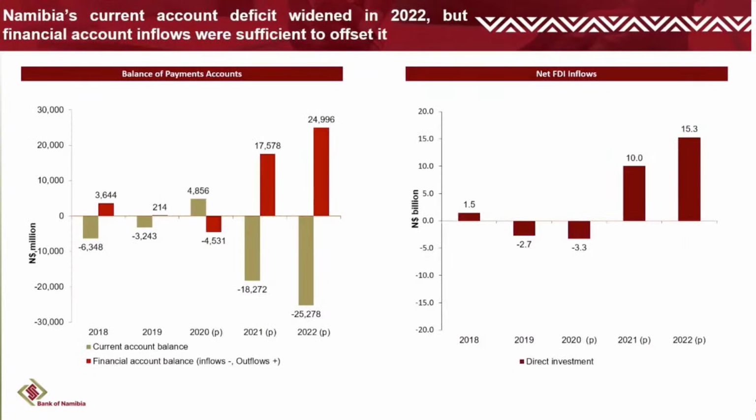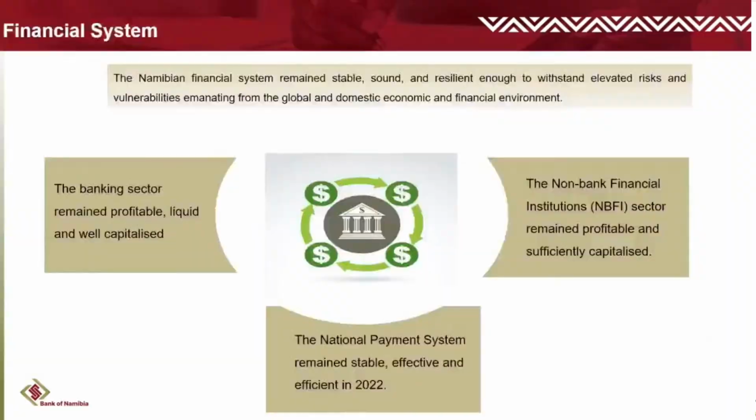If you look at the current account balance deficit relative to gross domestic product, that has widened. Now it's quite clear that you could see both in 2021 and 2022 that it has widened compared to a deficit of 9.9% or 18.3 billion recorded in 2021. This was ascribed mainly to a deterioration of the merchandise trade deficit due to an increase in imports. But our capital account actually is, you could see,